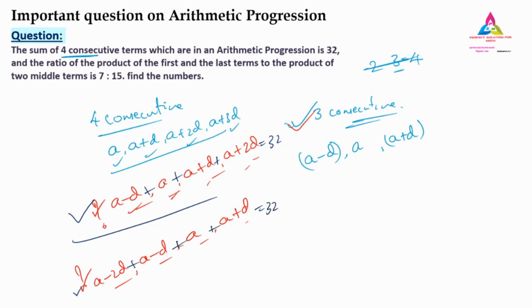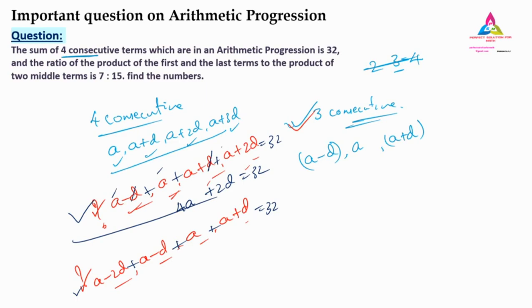32. So what I will do, see here, when you add, this D and this D get cancelled. Here we have 1, 2, 3, 4A. So 4A you can write down, and here you have plus 2D, that is equal to 32. Understood? Here we have not cancelled the D value completely.